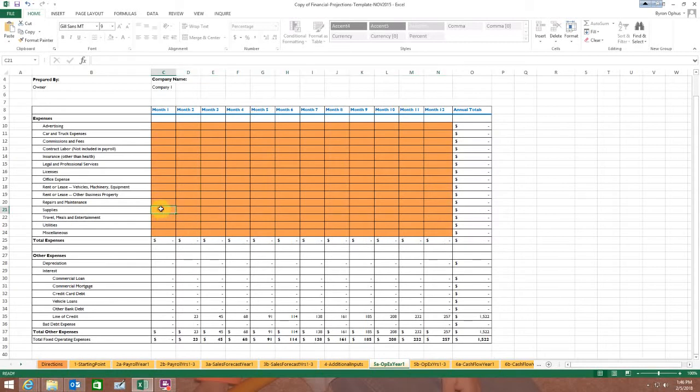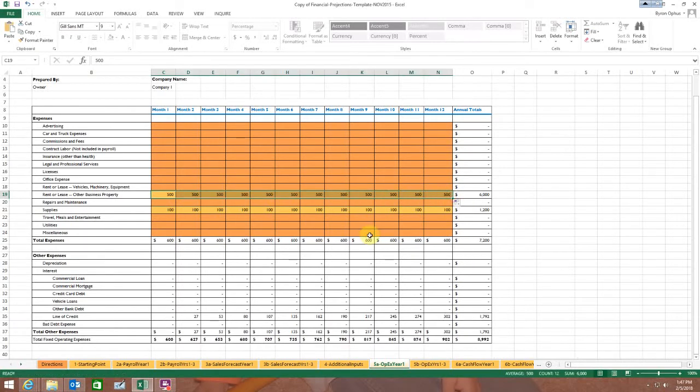If you think the expense is going to be pretty stable and pretty much recurring, you can put the 100 in there. You can hover over that until you get that black cross. You click and drag, and it'll just take that all the way across. Your rent, if you're renting, for $500 a month or whatever the case may be, is one of those expenses that would stay consistent. Okay.